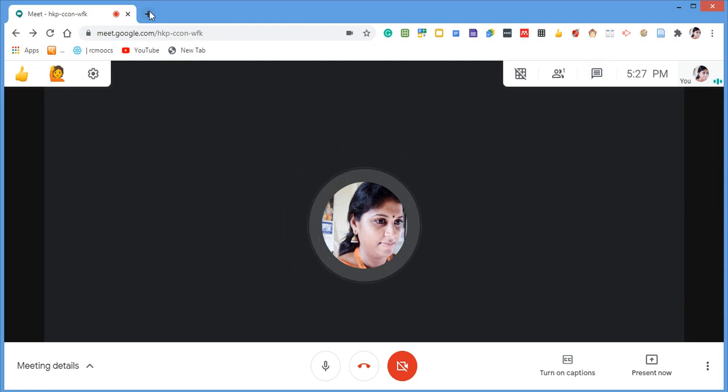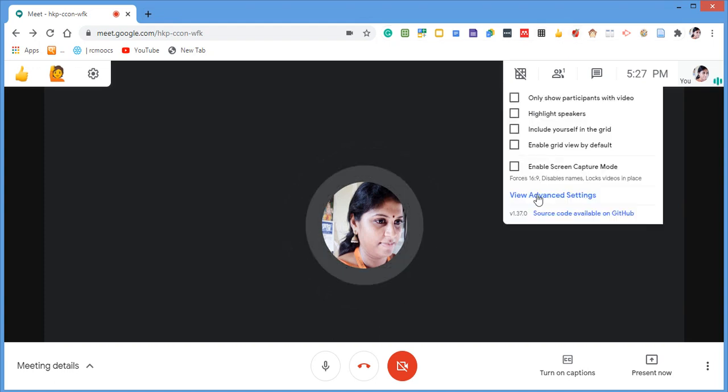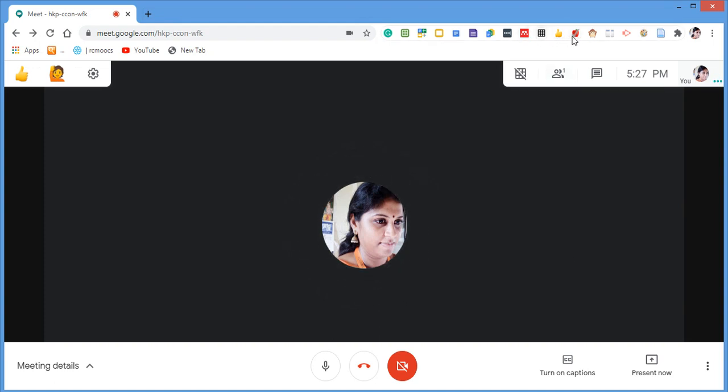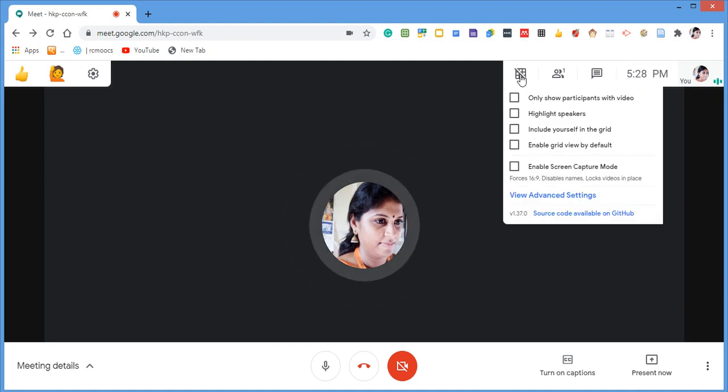Only once you add Chrome extensions to your extension button can you use all these options when you start a meeting. If you are not adding these extensions, you cannot get the changes, or you cannot use these extensions as add-on buttons. For example, grid view.